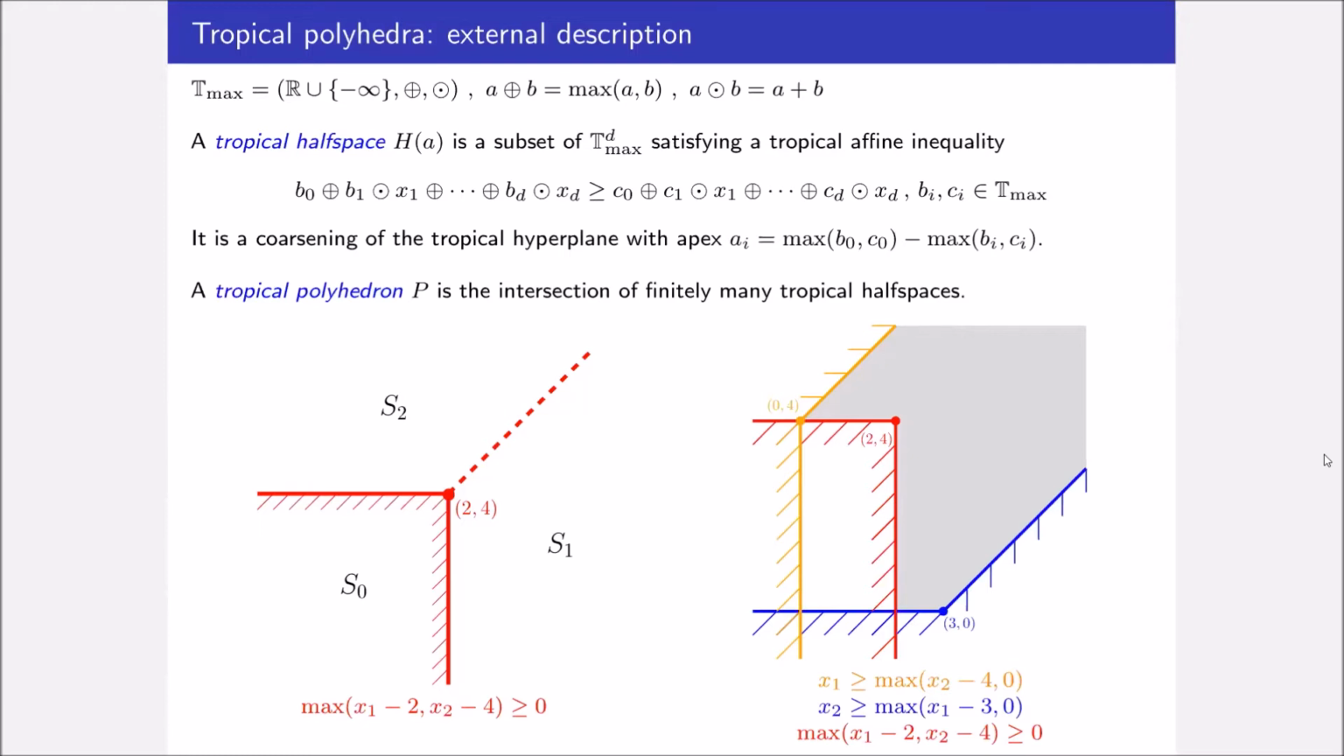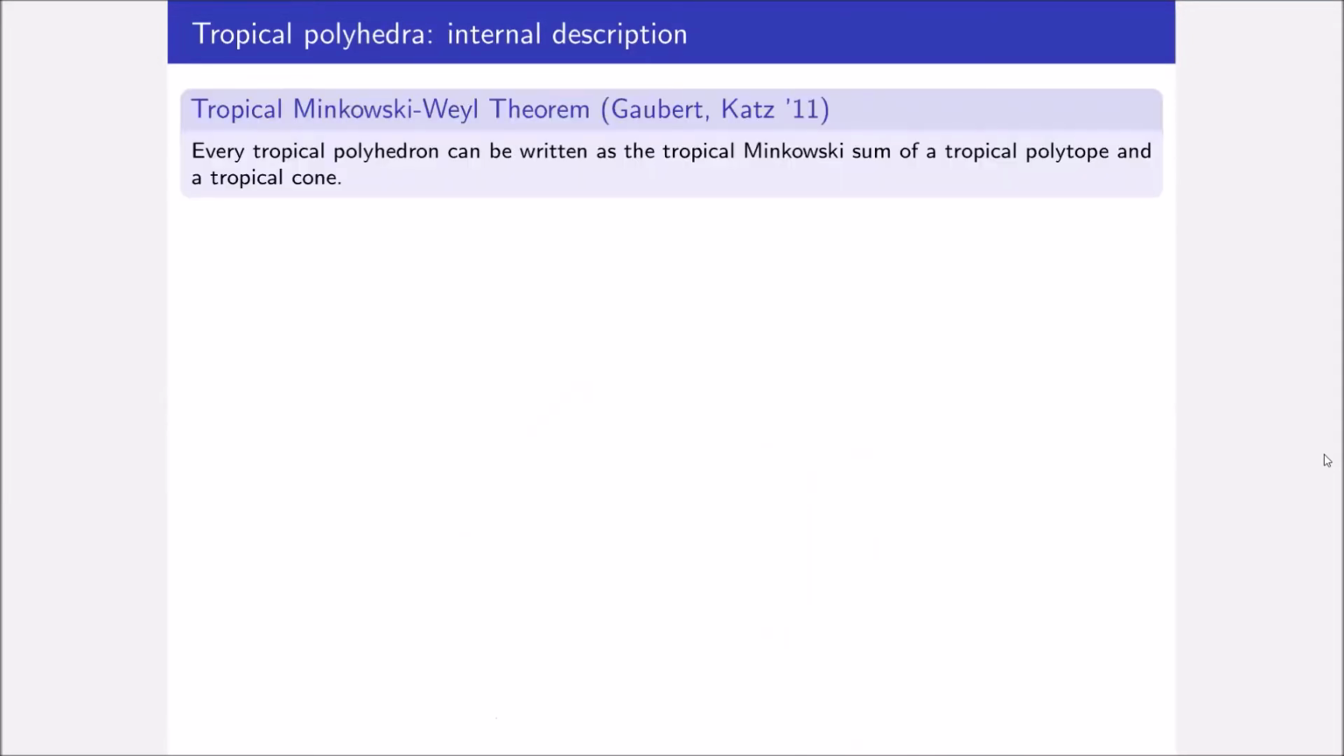But there are other ways we can define tropical polyhedra. We don't have to just use this external description. We can use an internal description by defining it in terms of vertices and rays. So this is a theorem of Stefan and Ricardo Katz, the tropical analog of the Minkowski-Weil theorem, which states that we can write any tropical polyhedron as the tropical Minkowski sum of a tropical polytope and a tropical cone. So